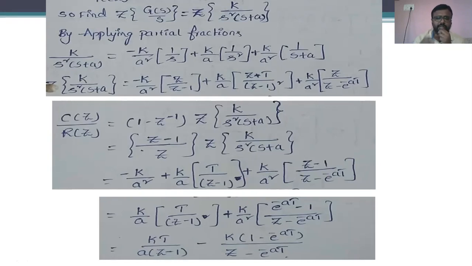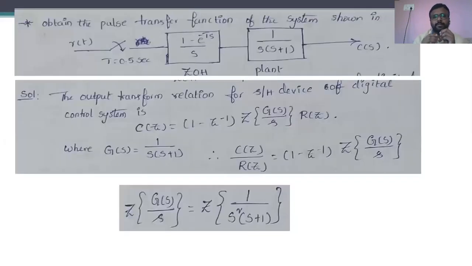After that we have seen some of the problems regarding the open loop system as well as the closed loop systems. So this is one more problem we have seen, which represents the open loop system. In this one, G of S is given as 1 divided by S into S plus 1.